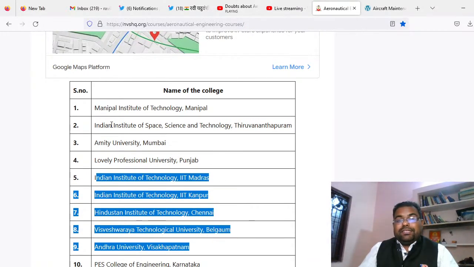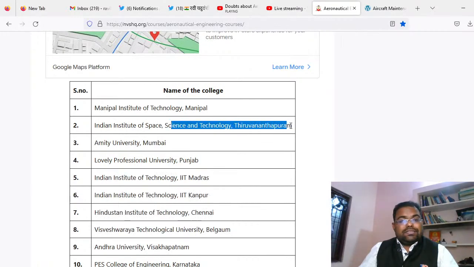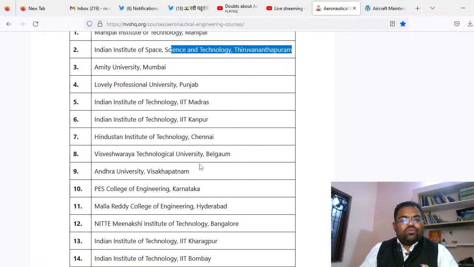And Indian Institute of Space Science and Technology, Thiruvananthapuram, right? Manipal Institute, they are running aeronautical engineering, right? And Lovely Professional University, this is in Punjab, they are also running aerospace engineering. In the South, you may find very good quality universities, as already mentioned to you. They're very close, like SASTRA, Amrita Deemed University. You can go to SRM, you can go to Hindustan University, you can even go to Bharath University. They are also running aeronautical programs.